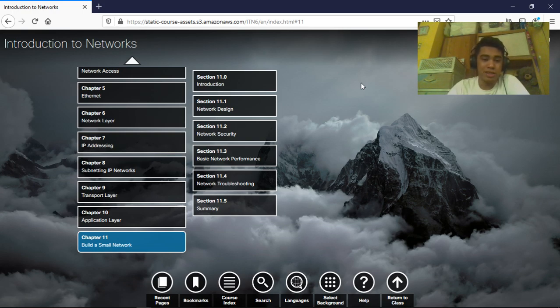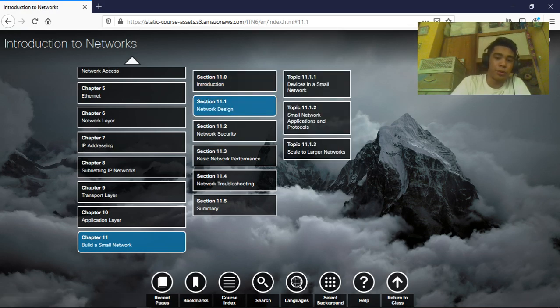First in this section is the network design. Network design is more on the logical and physical topology of the router. Also on network design, we should know how to provide an IP address that we're going to use on the computers and devices,